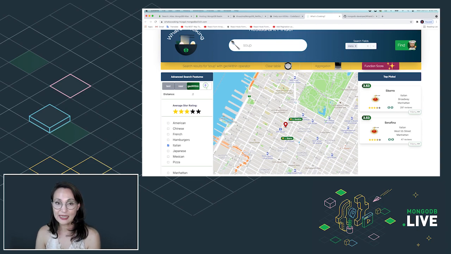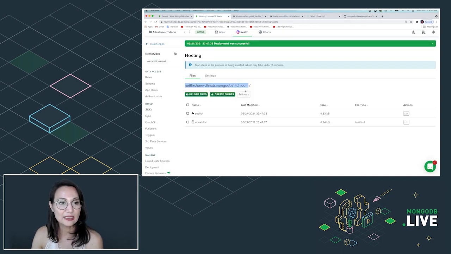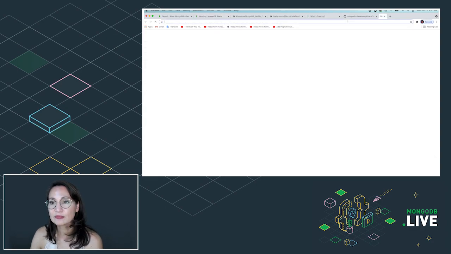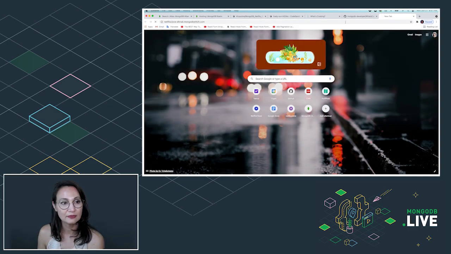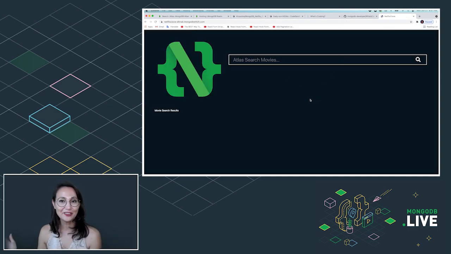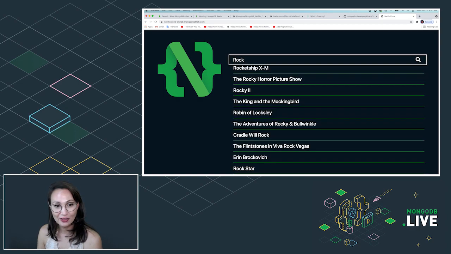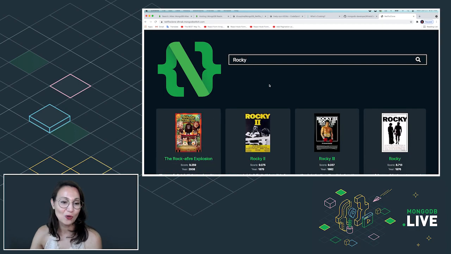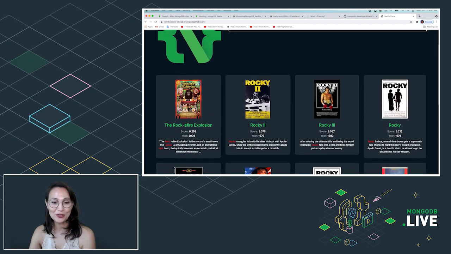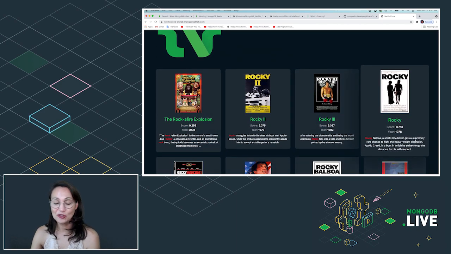So you're welcome to download it, play around with it, and we have it hosted as well. And the other thing is, let's check this application. Remember, go back here to hosting, and that's where you'll get it. There you go. So now all your files are hosted, and you could look for Rocky movies or Harry Potter movies or whatever it is that you want. And you built all of this.